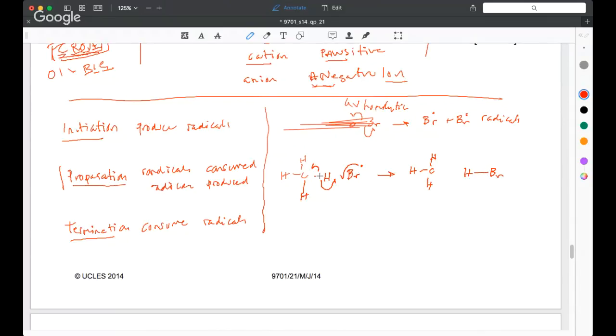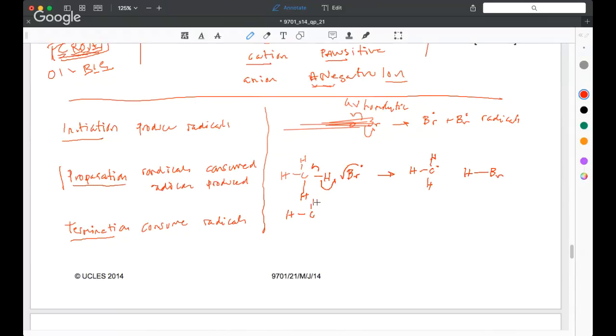And one electron went there. The other electron came onto the carbon atom. We've now got a radical from the methane molecule. And so the propagation step is consuming a radical and producing a radical. Now you can see that we've consumed one radical there, we've produced another one, and that continues to go on